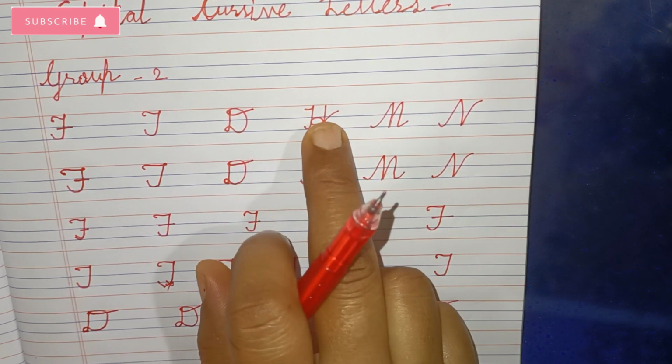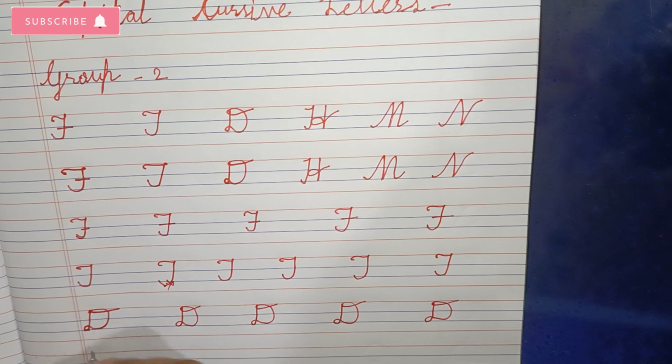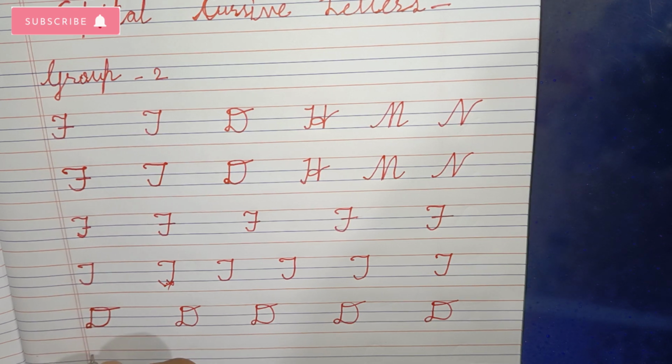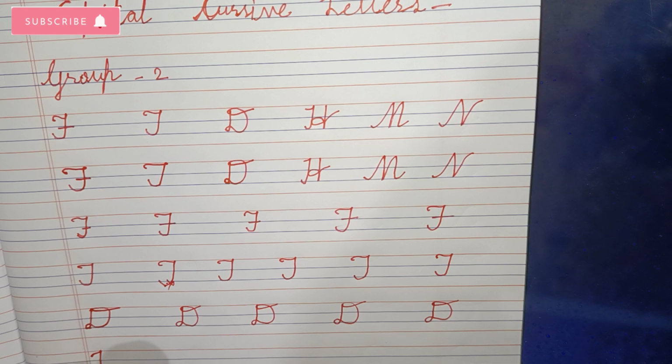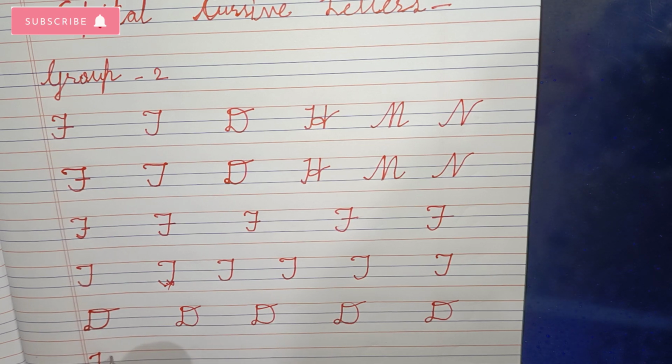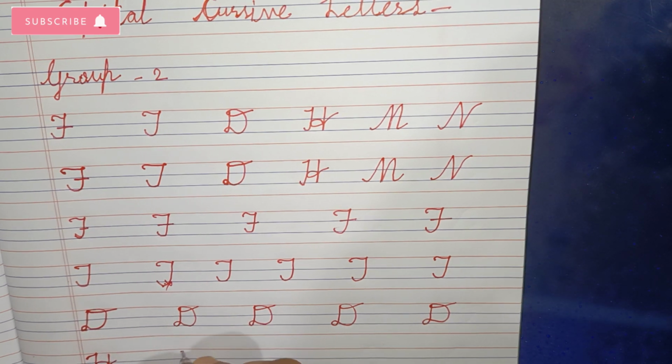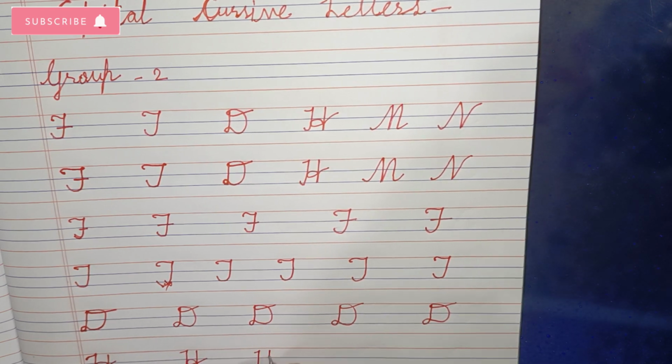Let's see next letter, that's name is H. We have to make H from a little bit down section of this first line. We'll move forward, we'll go to the third line. By third line, we'll make a little bit of curve like that, and again we'll make one standing line in front of this, and from this section we'll make one circle like that. We'll do practice of H many times also, like many other letters.